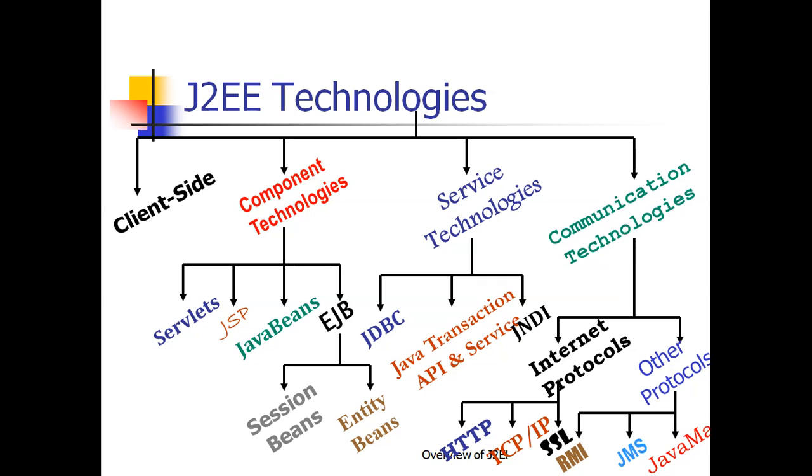Inside EJB we have Session Bean and Entity Bean, and in service technology we have JDBC, Java Transaction API, and JNDI, Java Naming and Directory Interface. Coming to communication technology, we have internet protocols and other protocols. In internet protocols we require HTTP, TCP/IP, and SSL, Secure Socket Layer. In other technologies we require RMI, Remote Method Invocation, Java Messaging Services, and JavaMail. So these are the different technologies, and collectively they are known as J2EE, Java 2 Enterprise